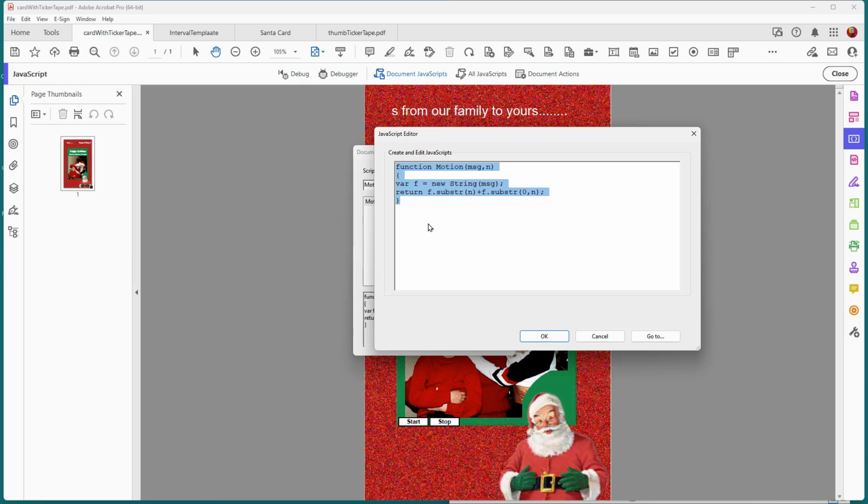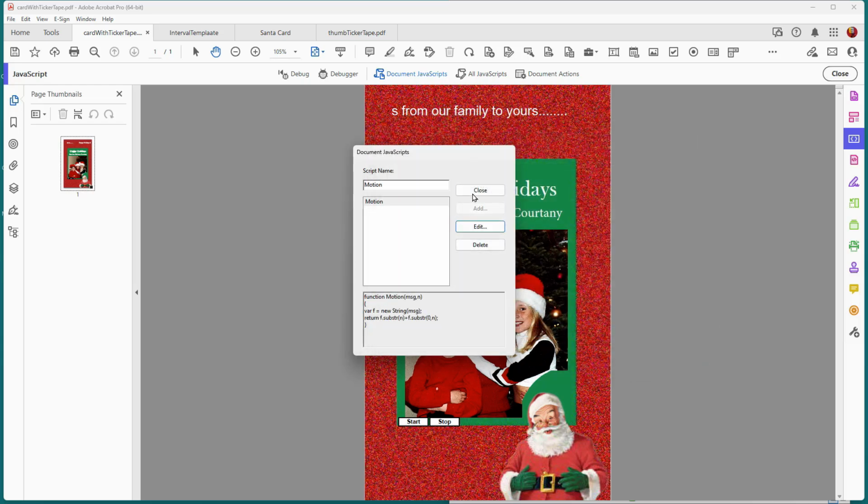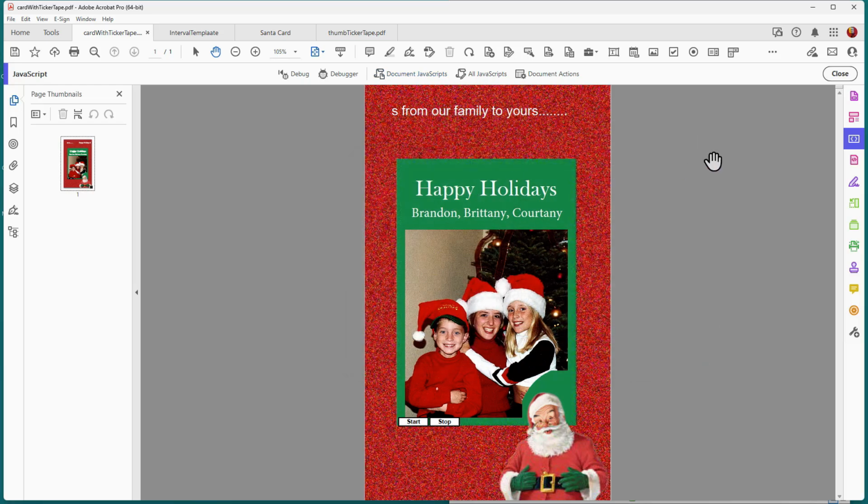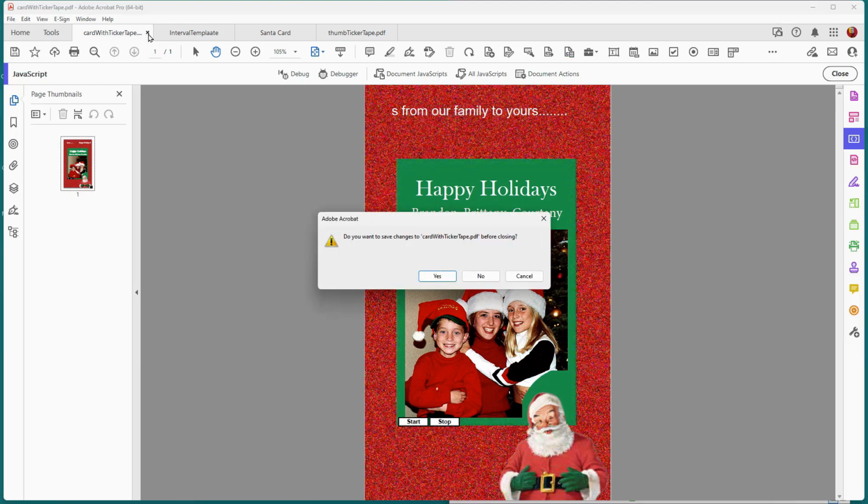And you don't have to worry about what this JavaScript is doing, because I'm going to show you the easiest way to create your own greeting cards or any kind of PDF document where you want to add some scrolling text. So I'm going ahead and I'm going to close this file,